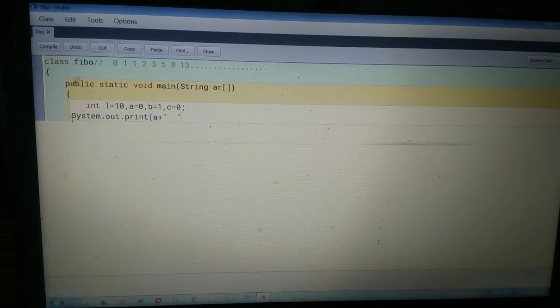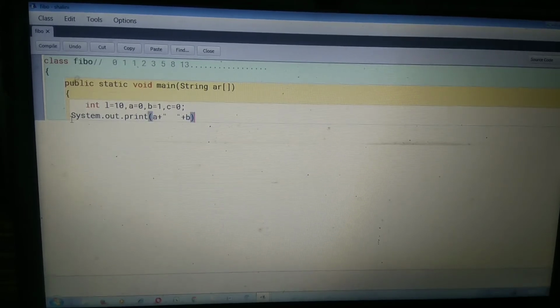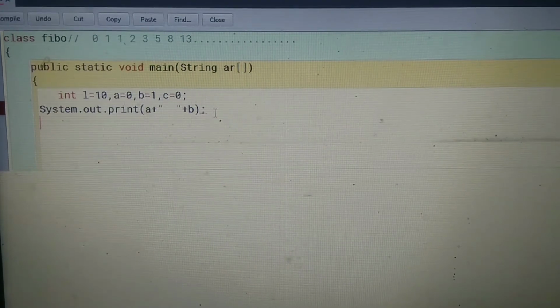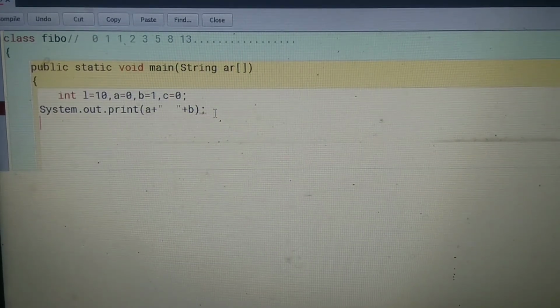Okay, then plus sign B. Clear? After this close the parenthesis and semicolon. So according to this printing statement we have to get our first and second term, that is 0 and 1.